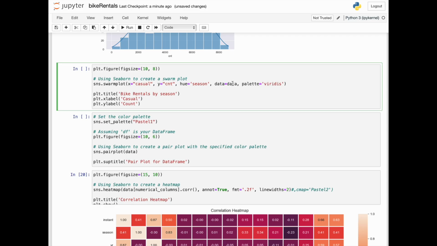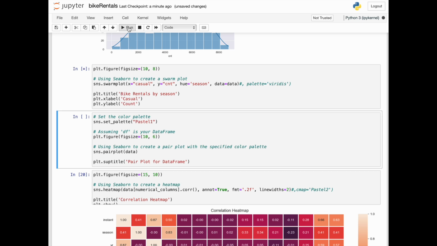We use hue or color to color the markers using season, so there'll be 4 colors. We give it the data frame, so data is equal to our data variable, which is the data frame we loaded our data into, and the palette, which is this particular palette. We can change this, or we can just use the default by ignoring it, and then give it some title to our plot, which is bike rentals by season, x label and y label, telling us what features we're plotting on the x and y. So if we run this,